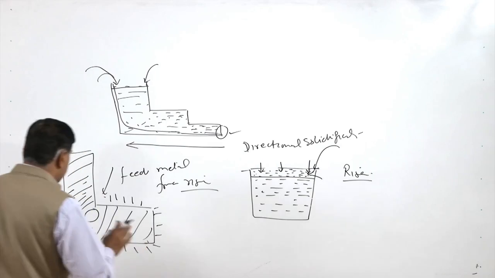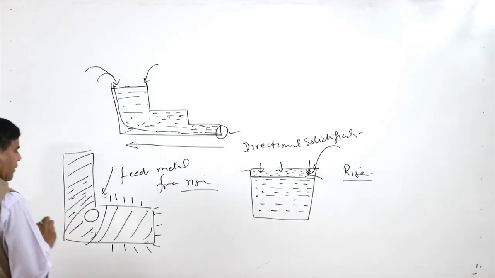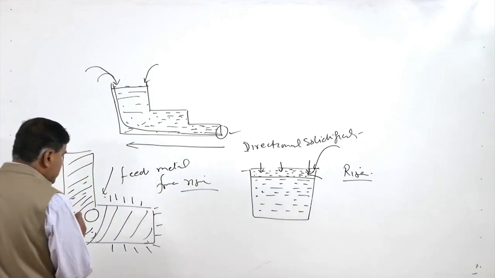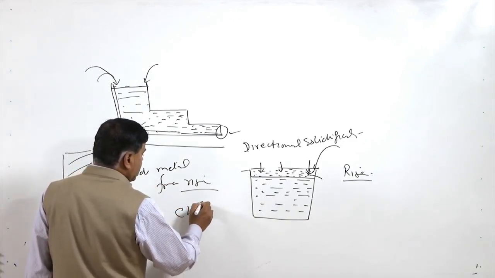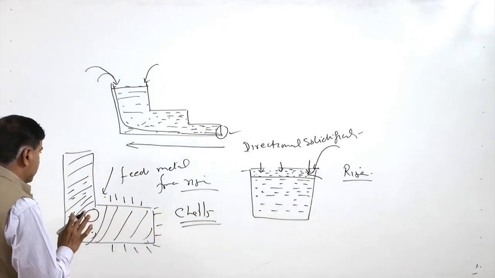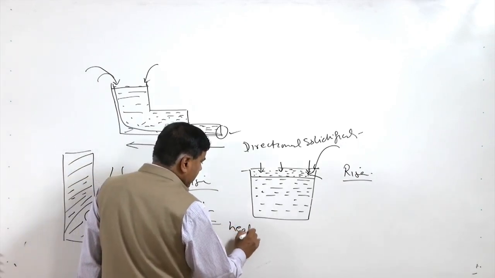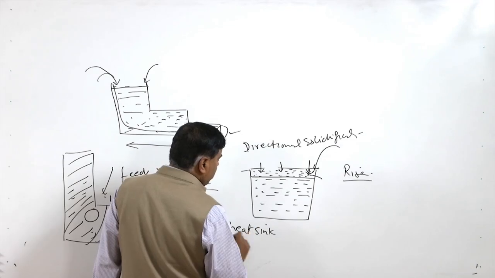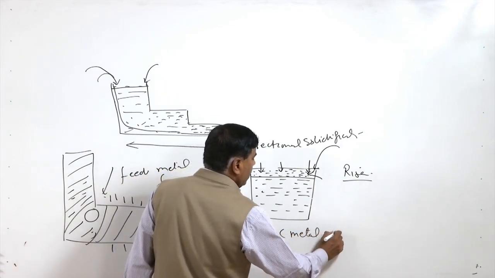in those locations where hot spots are being formed which cannot be taken care of by the riser, these kinds of issues are corrected by using chills. So, we basically try to provide chills. What are chills? Chills are basically heat sinks, meaning these are metal pieces which can be